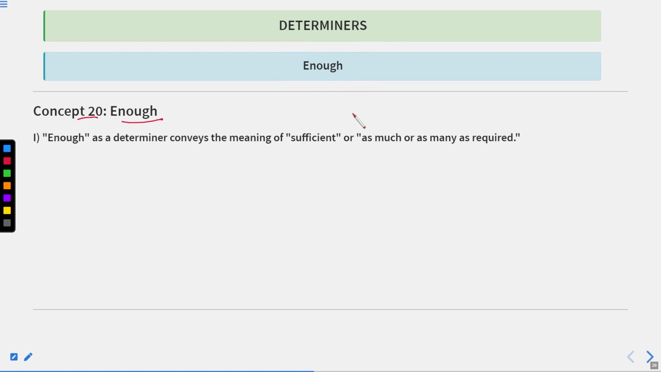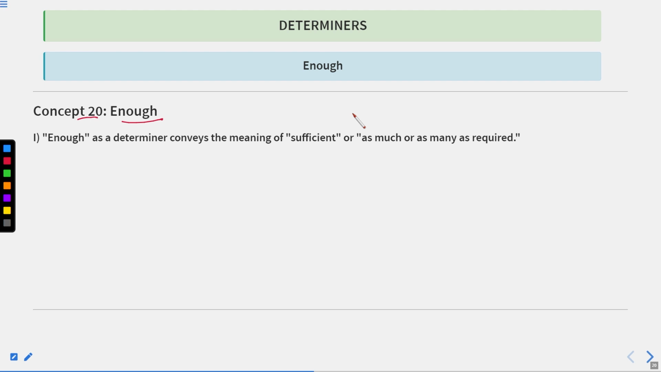Now we'll discuss the word enough. This is concept number 20, enough. Enough is a very important word. First of all, let me tell you that enough can be used both as an adjective and adverb. This is the speciality of this word. The meaning of enough is sufficient. It means up to that which we require, or according to the requirement. When something is sufficient, adequate, according to our requirement or need,